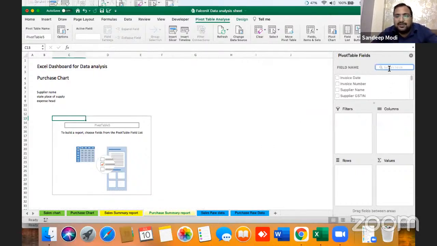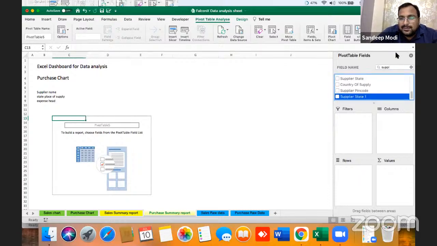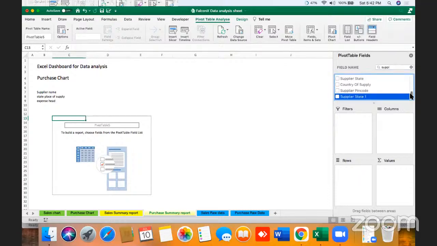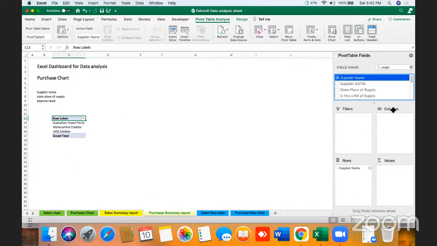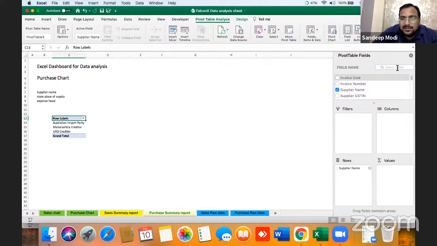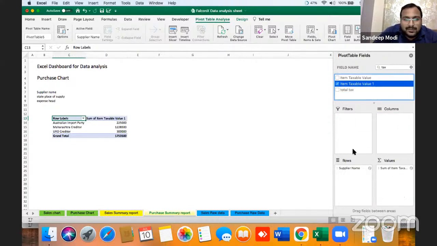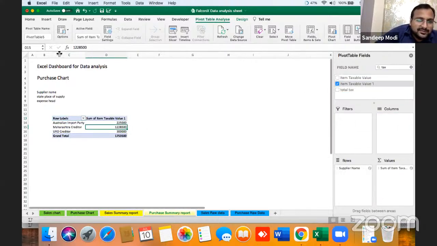Supplier name as I want. Supplier name wise, tax, taxable value. Now this is the taxable value wise.